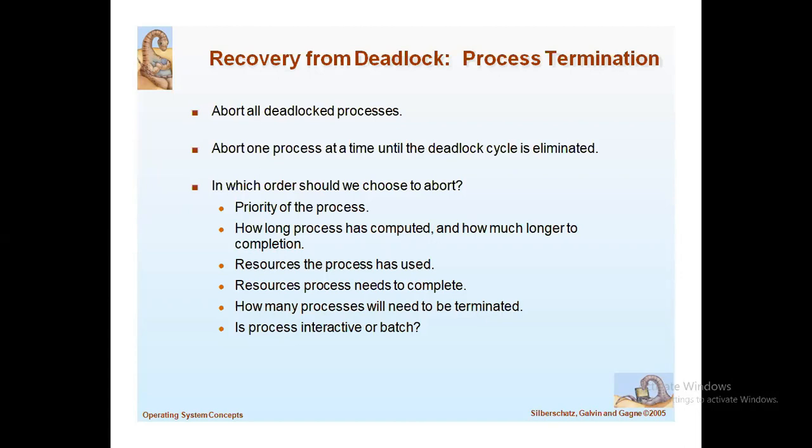Preemption means we give some time to execute: we allocate resources for a given amount of time to a process. After that time is completed, it automatically releases the resource. That is nothing but preemption, to preempt some resources from one or more of the deadlocked processes. By doing these two ways, we can recover from the deadlock situation.